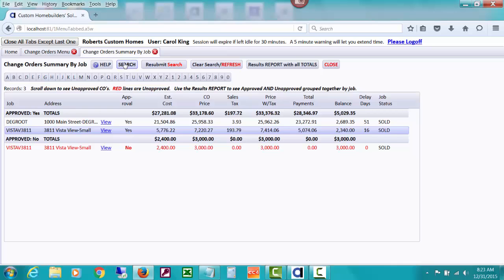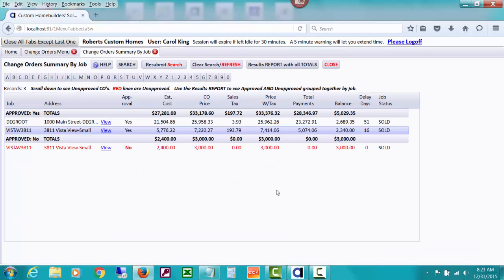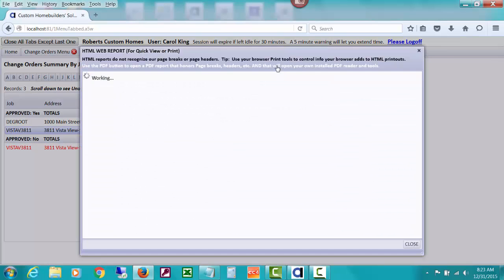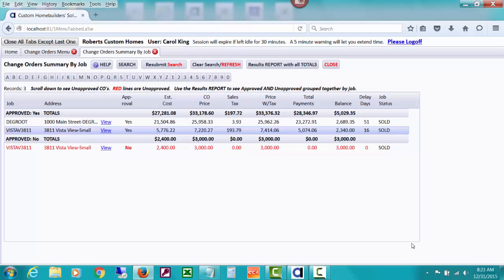If you want to search for just jobs that do have balances, you could do the greater than 0 or the exclamation point equals 0 for not equals to 0, and you could search for some other features here, and then when you do a search and you print a results report, it's only going to show what you searched for. There's a place for filters down here, and let's say we just searched for